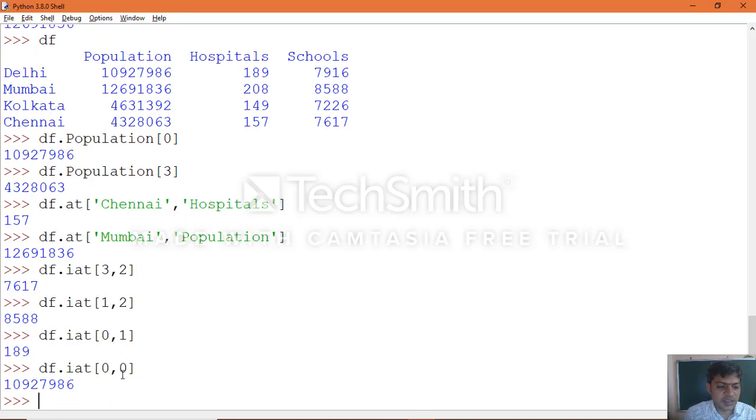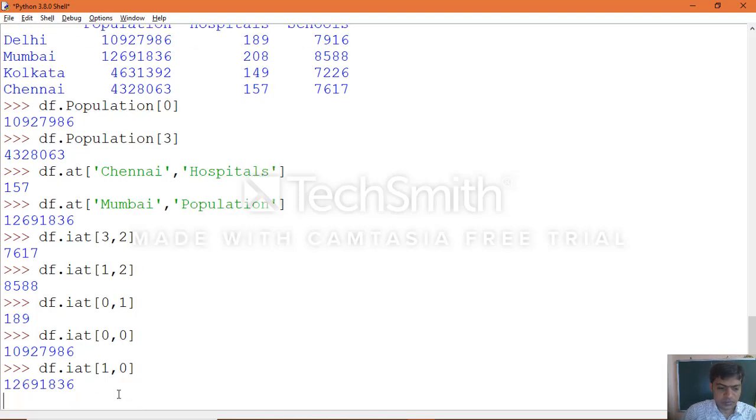When you apply the 0 comma 0 index, you get the population of Delhi city. When you apply 0 comma 1, you will get the hospitals of Delhi city. In the same way, you can apply iat of 1 comma 0, then you will get the Mumbai population. In the same way, when you apply 1 comma 1, you get the Kolkata population.